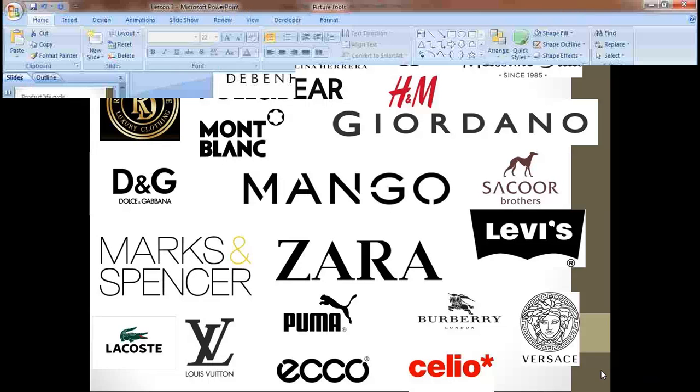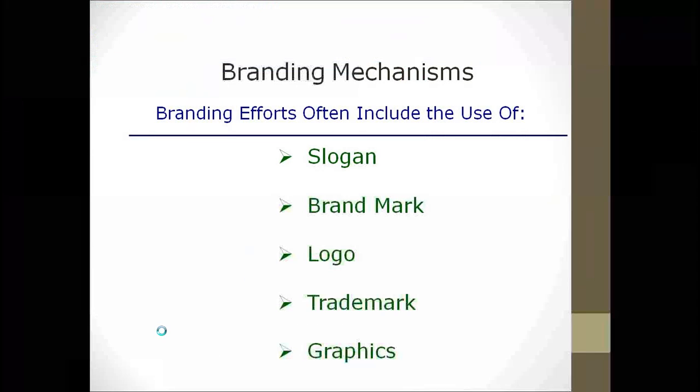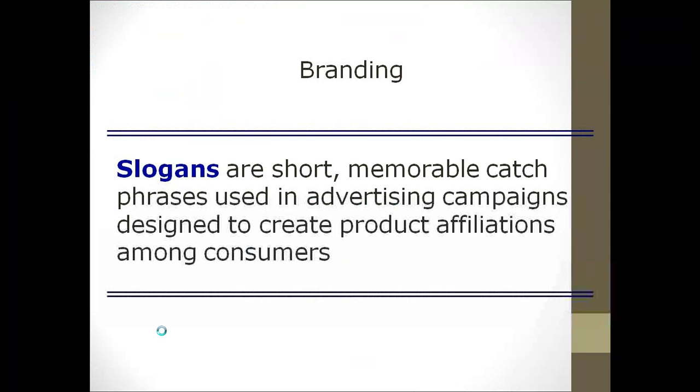So we say the name, design, symbols are the combination that a sports organization uses to help differentiate its product, not just sports organizations. Branding describes the efforts to develop a personality or make its product and service different from the competition. A brand could be a slogan, logo, trade name, or the short memorable phrase used in advertising that represents and is designed to create product affiliation among the consumer.